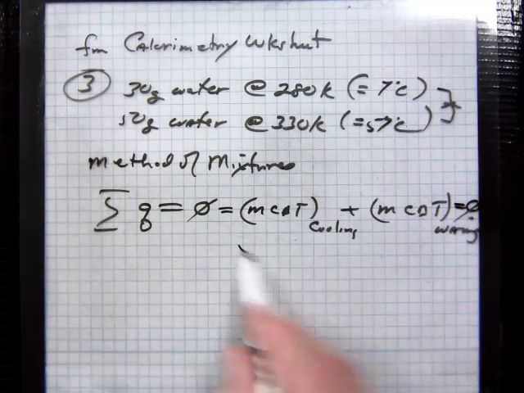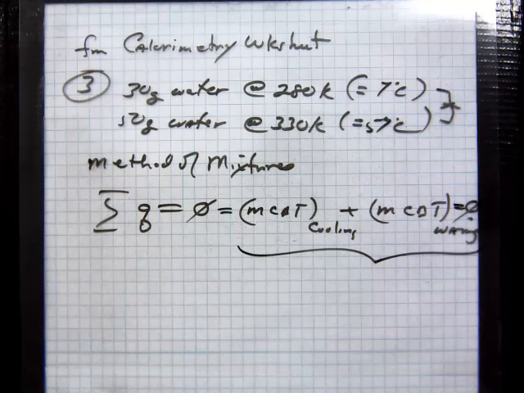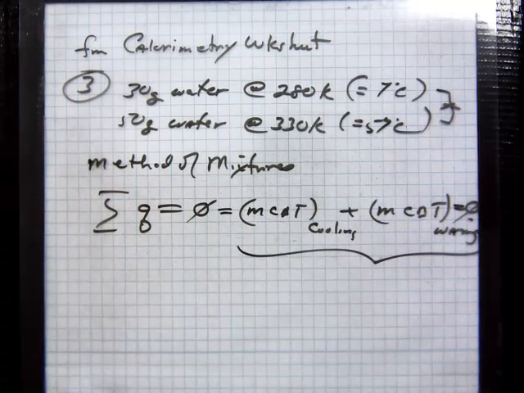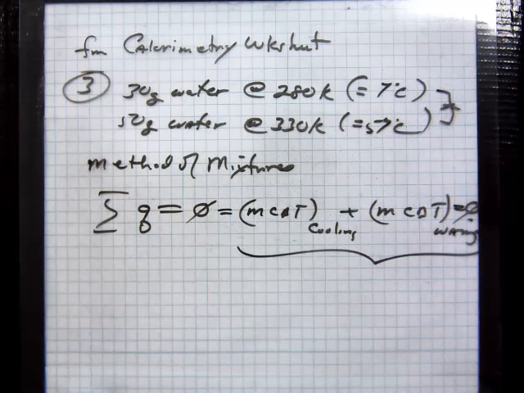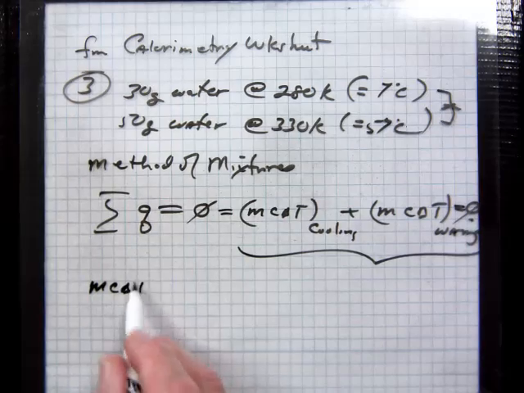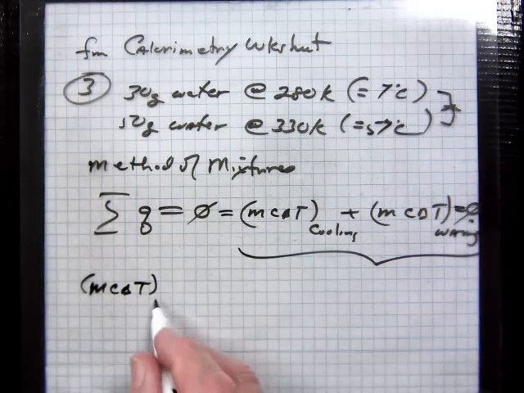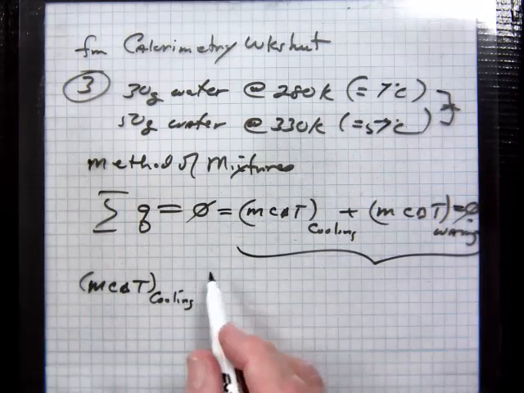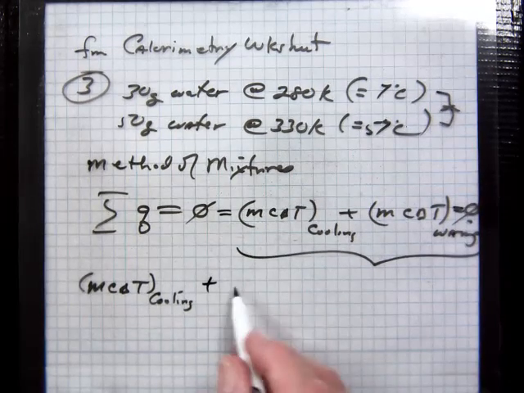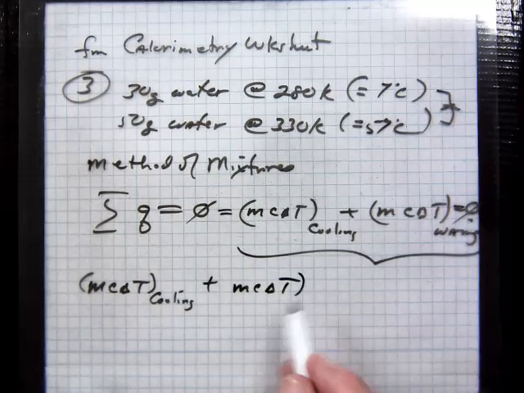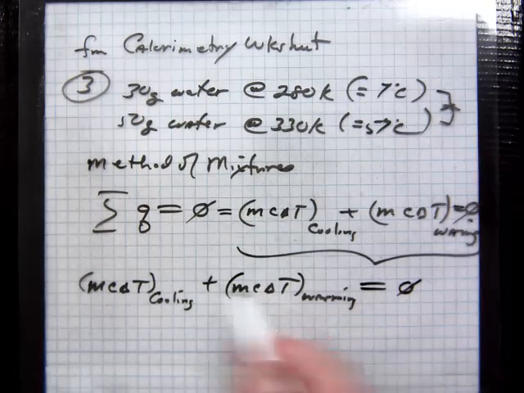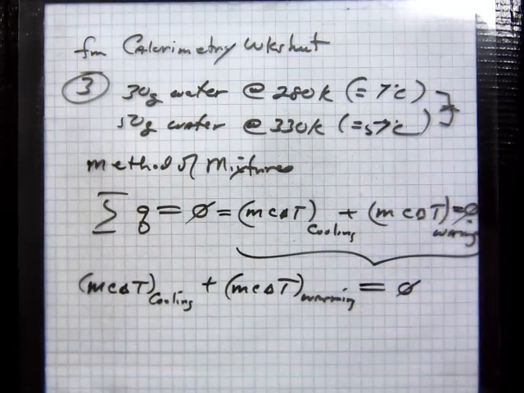So what I will work with is exclusively that portion down there. And it works on every one of these kinds of problems. Now, if you had melting ice, you'd put an M delta H in there. So this is an MC delta T for the cooling, the warm water cooling down to whatever the final temperature is, plus an MC delta T for warming. All of that equals 0. Every problem where you have a mixture, ice or something hot, cold.